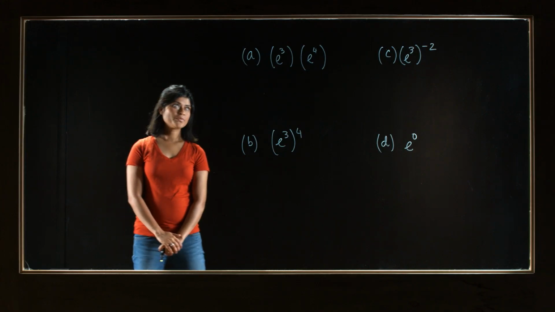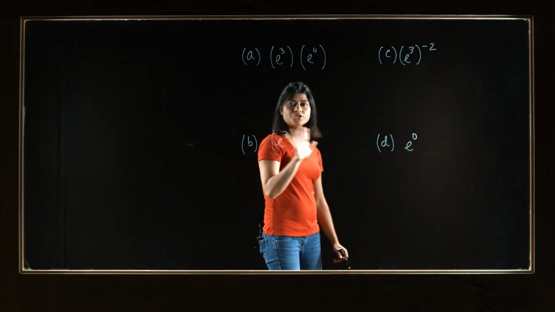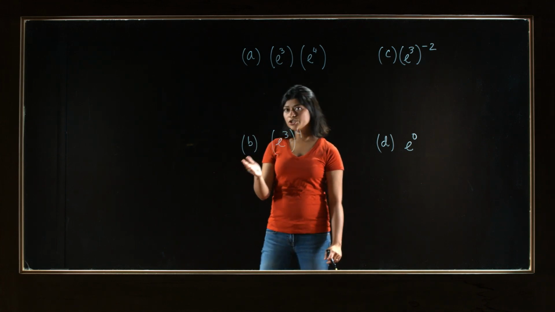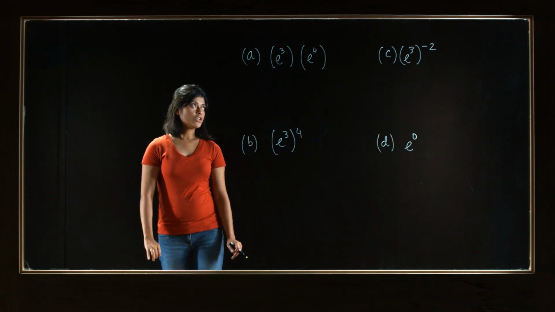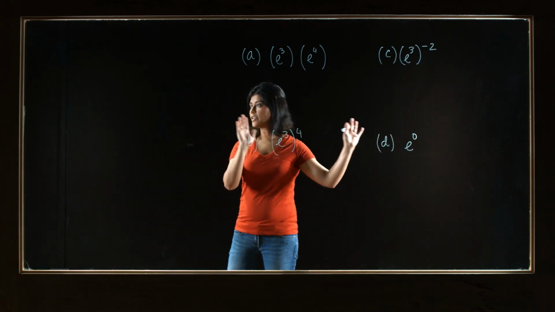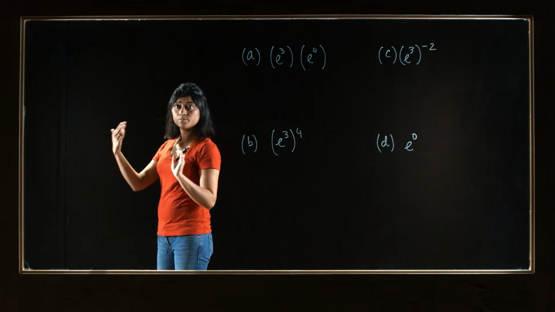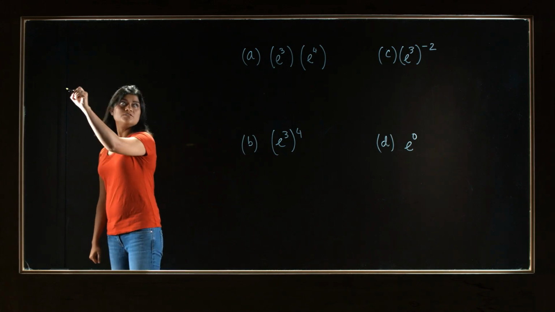In this problem, we have these four expressions that we have to simplify using the properties of exponent. So before we solve the problems, let me remind you of the properties of exponent. So the first property